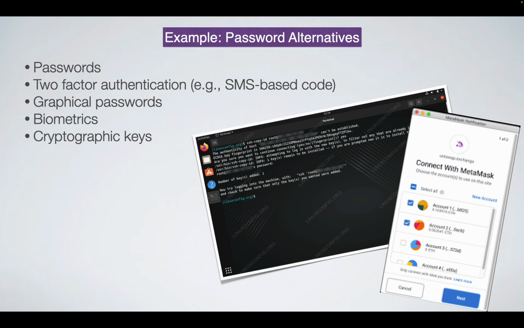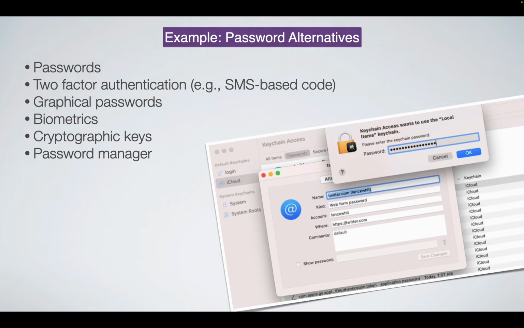Another one's crypto keys. You could just have something that's stored on your computer, like a secret key. The advantage here is there's no user interface where you have to type anything in. Your computer just grabs it, and then boom, you're in. If you use SSH, for example, it just logs you in once you set your keys up. If you use Bitcoin blockchain kind of stuff, you usually have a password that locks the key. So you can have a key that's locked with a password, but once you unlock the key, it does things with your key.